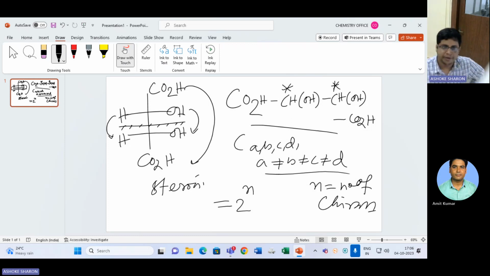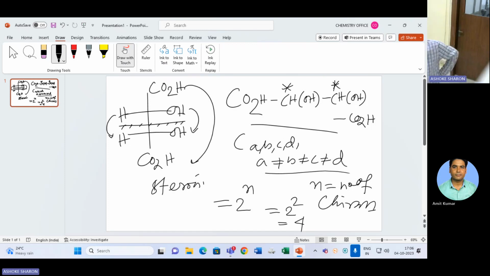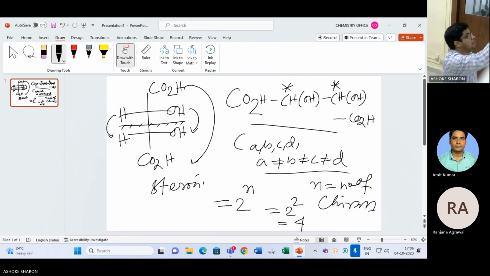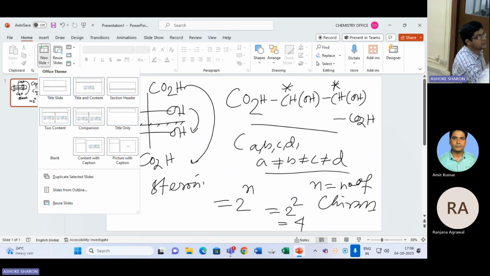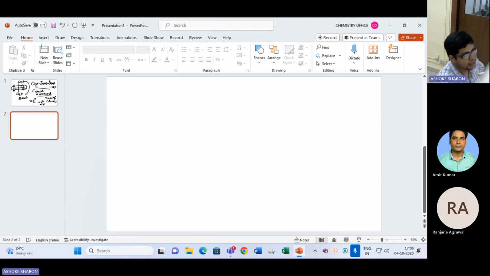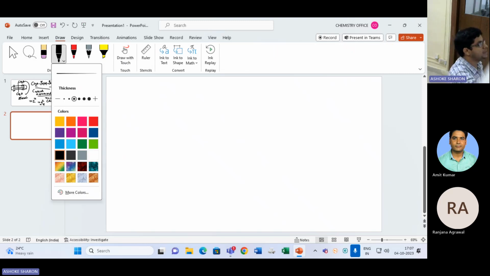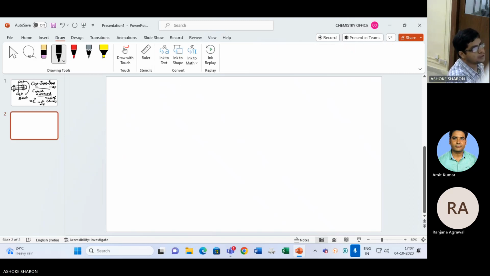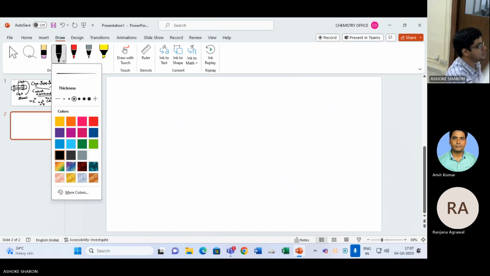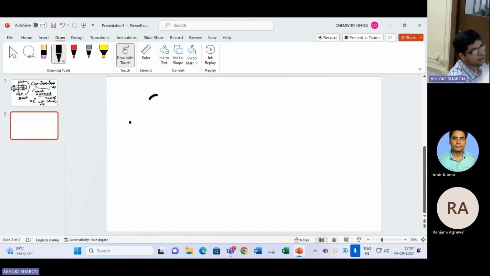So this molecule has two chiral centers. So the result will be 2 to the power 2, that means 4. But there is a little difference here, if your substitutions, if your connectivity is